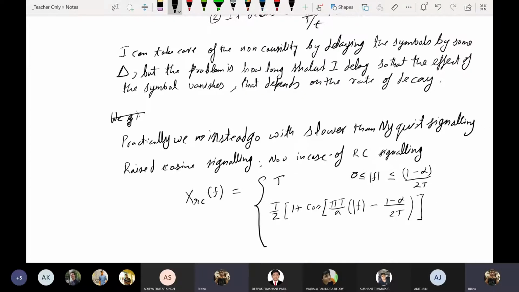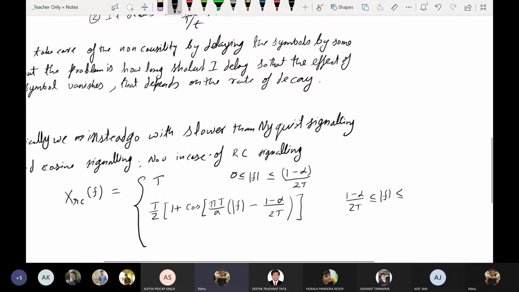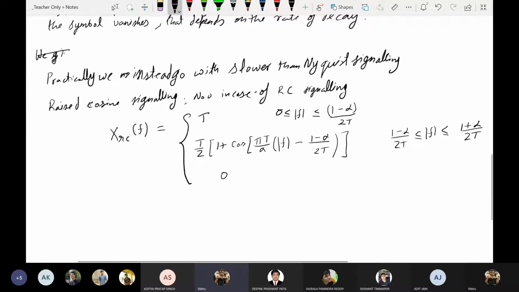Okay, so this zero. Fine. So the first thing we notice,